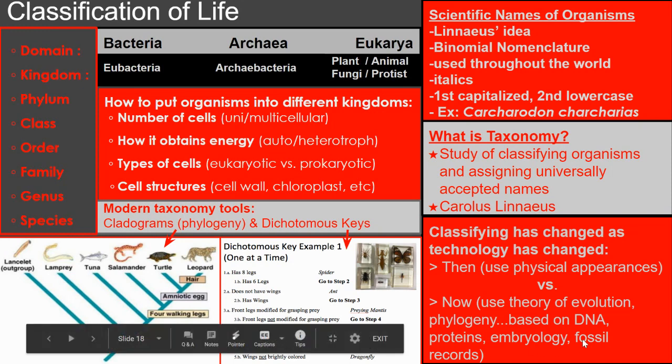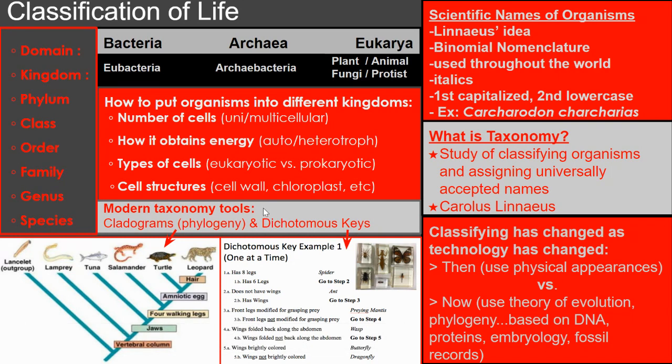And also the fossil record, looking at the different bone structures and things like that. But nowadays we use those theory of evolution, embryology, and fossil records to sort organisms into different phyla, class, orders, family, genuses, and species. And we show that information using these modern taxonomy tools called a cladogram and a dichotomous